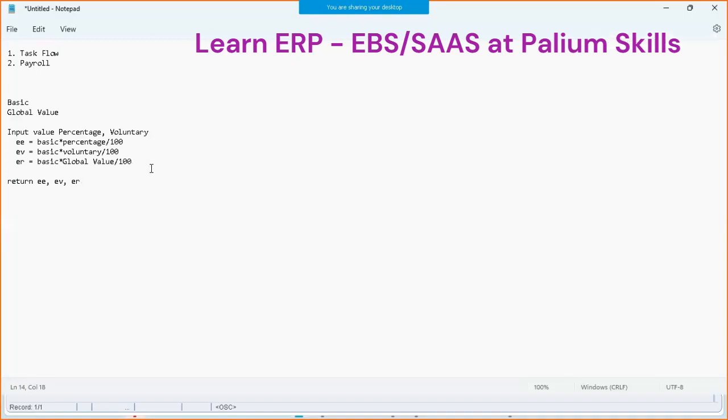Okay. Now we can also have a total, something like ET. That means it is the total of employee plus voluntary. If I don't have a separate element for voluntary, right now I don't have one, so what I'm doing is clubbing them together, and I will put it into the pay value of the employee contribution element. And I can put a message here to say